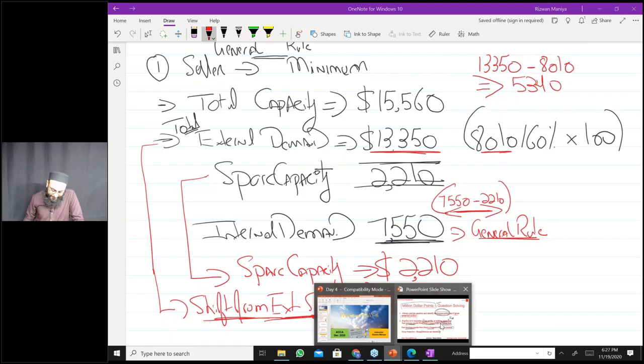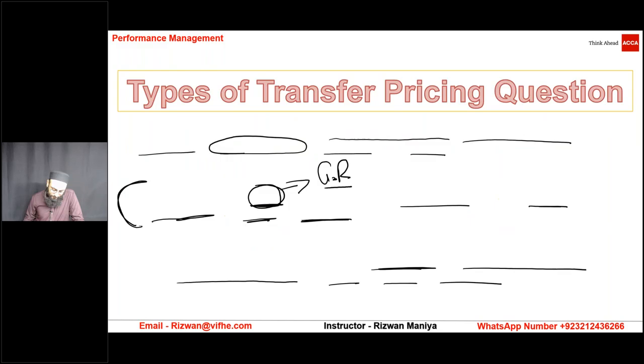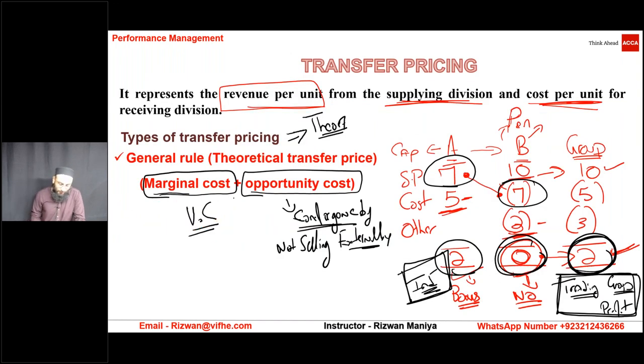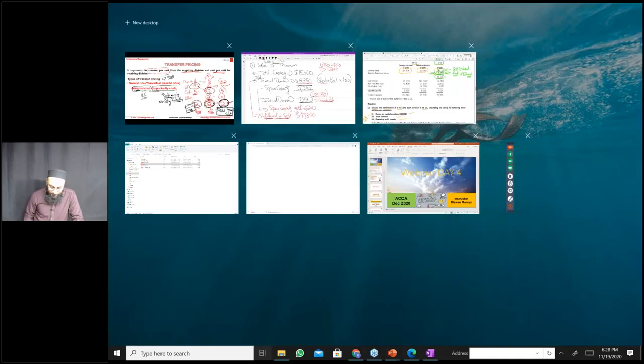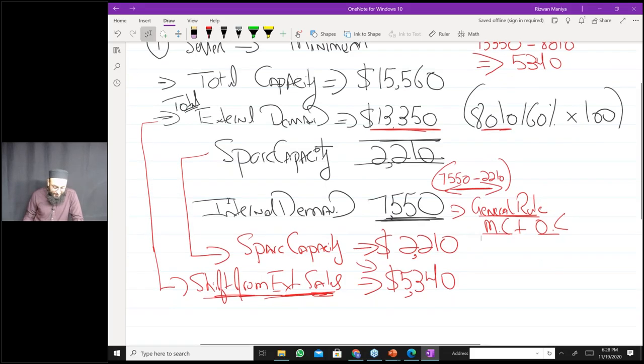So let's go back and see the formula. The formula of the general rule was marginal cost plus opportunity cost. Agreed? Okay. Let's apply the formula because I want to advise, right? Now I want to advise what price I should charge, keeping in mind the general rule: marginal cost plus opportunity cost. Now let's start first with